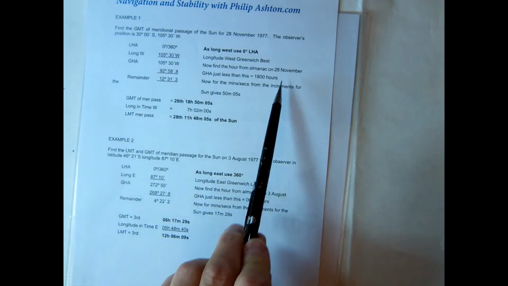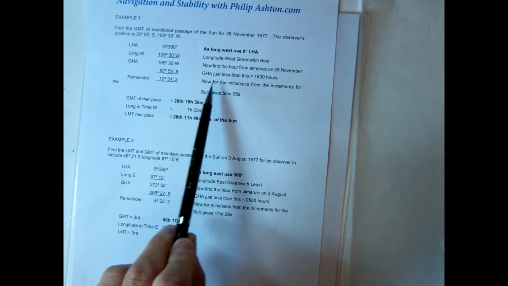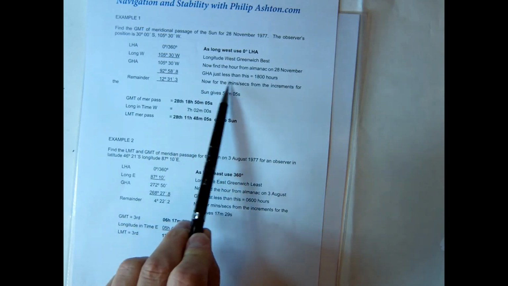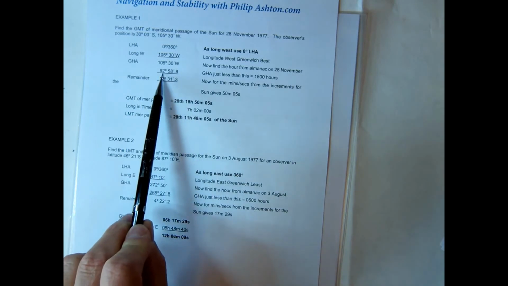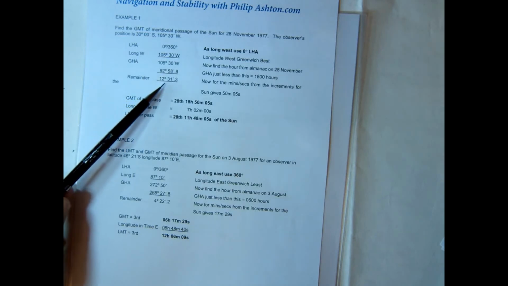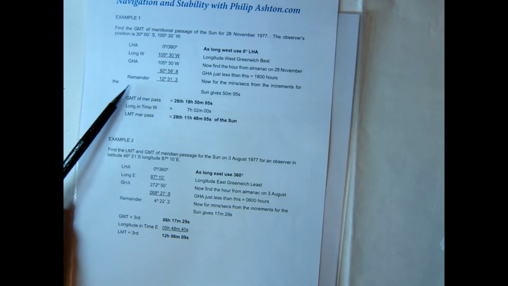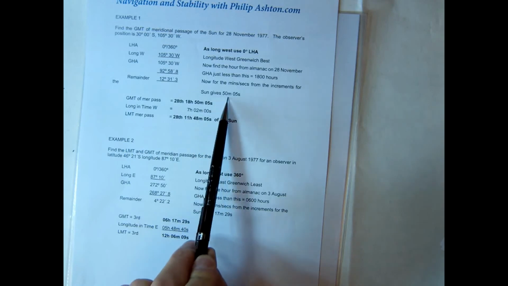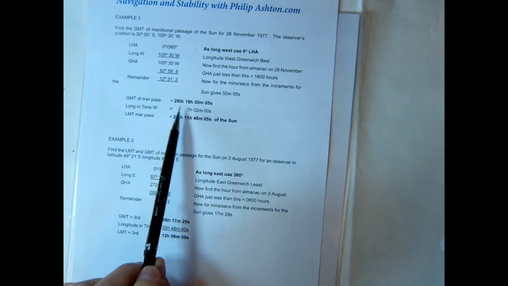As longitude is west, use 0 LHA. So therefore our GHA has to be the same as the longitude, 105.30. Go into the almanac on the 28th and we'll find that the nearest GHA to this is 92.53.8. Therefore the remainder, the increments, 12 31.3, we go into the increments table and it gives us a time of 50 minutes 5 seconds. So our GMT of MIRPASS has to be on the 28th,